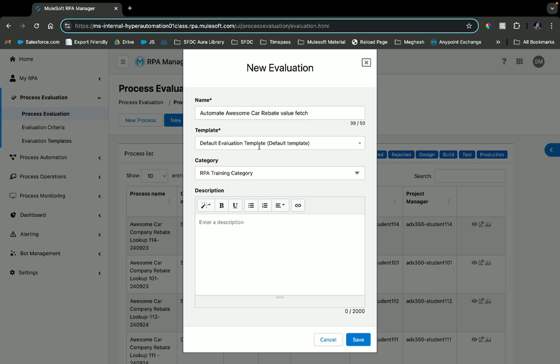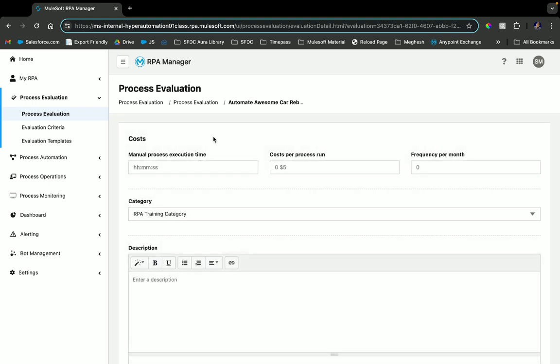So you can also create some templates at an evaluation phase where you can just determine whether this MuleSoft RPA can be used to automate the business process or not. There will be some predefined qualifiers and benefits over here. I can just enter some description and click on save, right? Once you click on save, if you see,